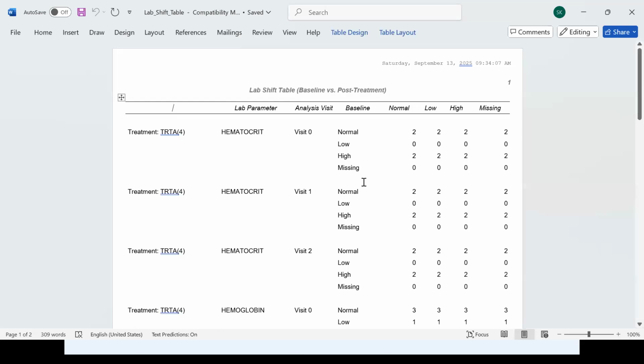Let's first understand the output we want for the lab shift table. In this lab shift table, the output will be like this. Right now I'm showing you the values, but in mock shells, instead of the values you will have XXX, a masked value, to mention that this is a mock shell. So according to the mock shell which I have used for this study, what I have to generate is